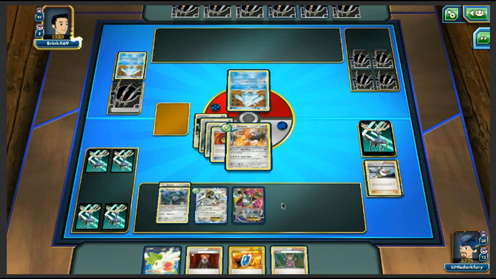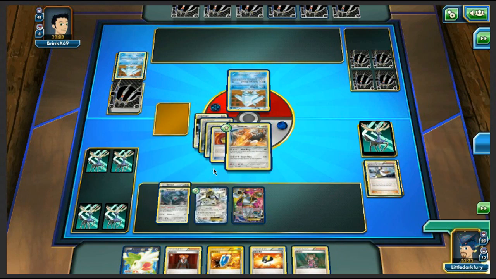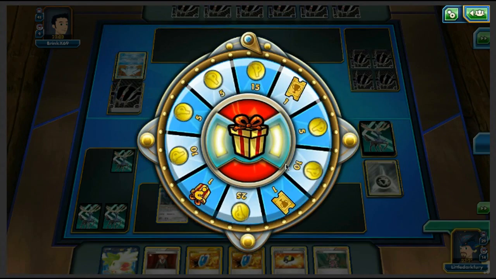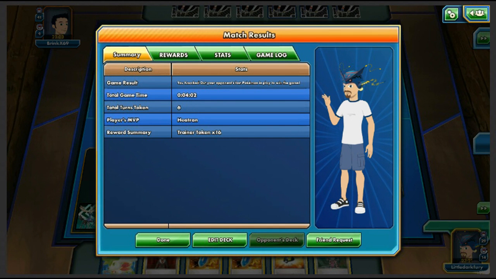And I just wanted to use this game because obviously Regice is a very annoying deck that sees a lot of play. So we'll just go for a Steam Blast, take out this Regice, and win the game against the annoying Regice deck. Regice is a very annoying deck, and it's nice to always beat Regice,